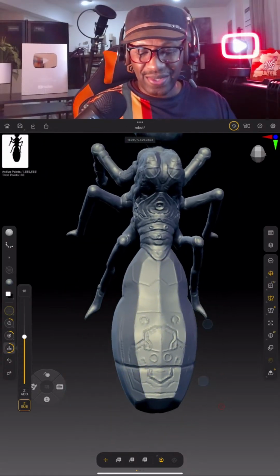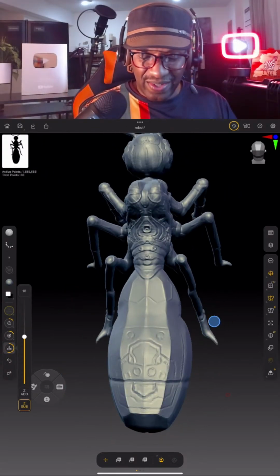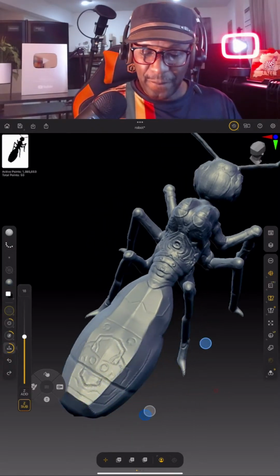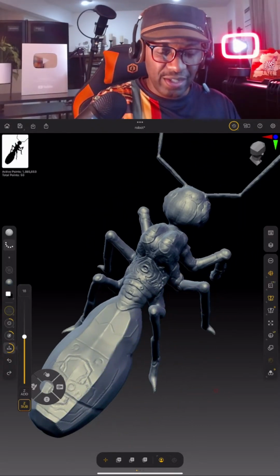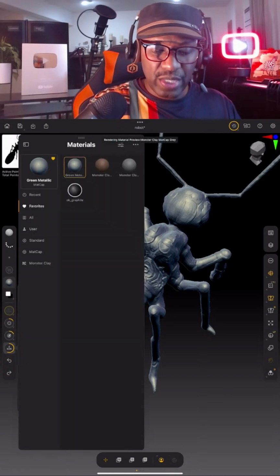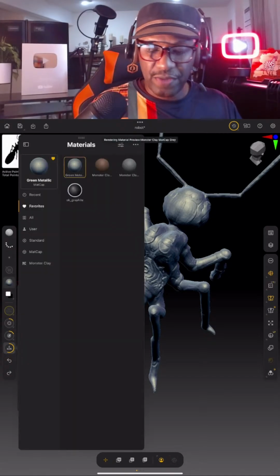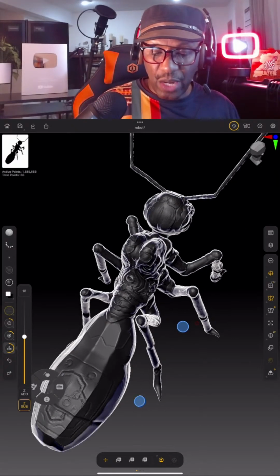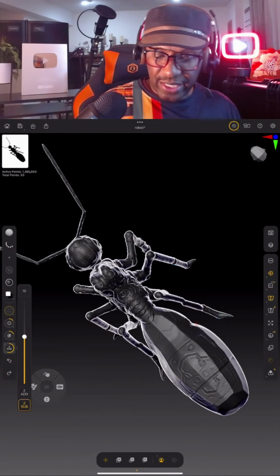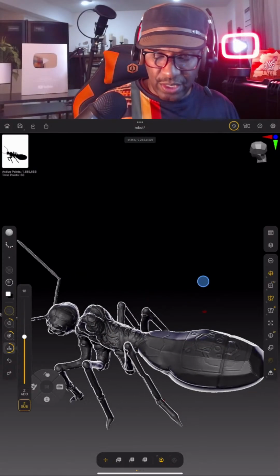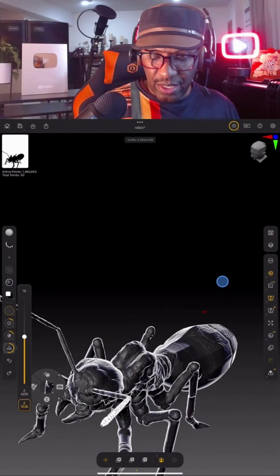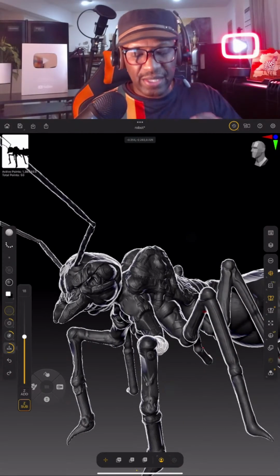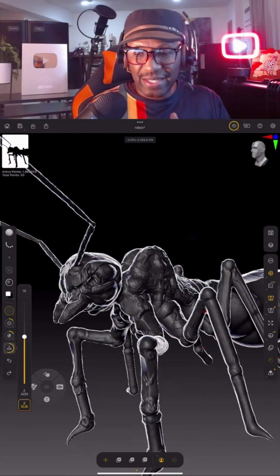Yeah. So there we have the back, and you can see how, when I adjust the light, it catches it nicely. Okay. So my favorite material, this one, let's go back to graphite. Every now and then I switch to this because I want to see how it's catching the light. It's almost giving me guidance on where to go as I light this in, because these ants are going to be lit in a certain way,